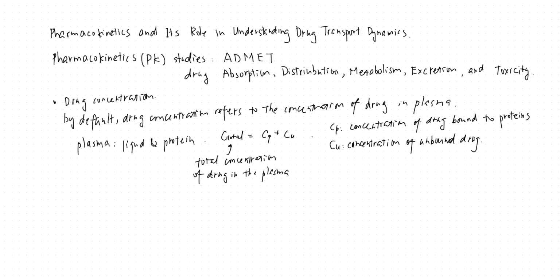Usually, the concentration of unbound drug is what is pharmaceutically important, because those are the drugs freely moving in the liquid phase, and they may be transported across the capillary wall. We have been talking about capillary membrane permeability that allows particles to go through, and the drug is one of them. So those unbound drugs in the liquid are more likely to go through the capillary wall and go to the tissues, go to the cells, and go where they need. So usually people would like to know C U.